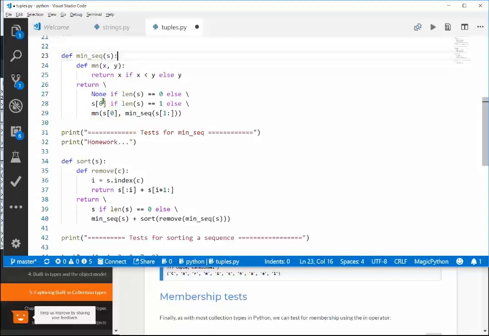Well, we're going to return S if len(S) is equal to 1. All right. Otherwise,